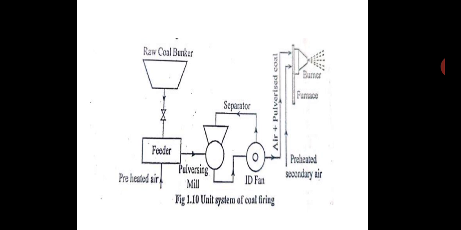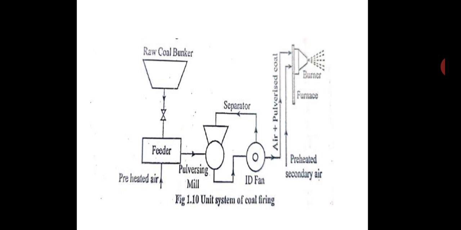An induced draft fan is used at the pulverizer to carry powdered coal to the burner. Induced draft fan means it is like sucking, pulling. Forced draft, FD fan, means pushing. A separator is provided to separate the grains of bigger size from the powder and return them to the pulverizer for further crushing. So when some big particles are still left in the pulverizer, they are returned to the pulverizing mill, where they are ground again so that they can be used in the burner.